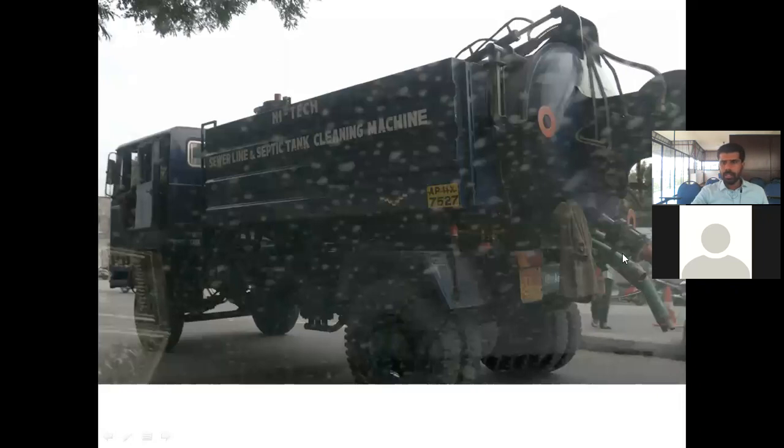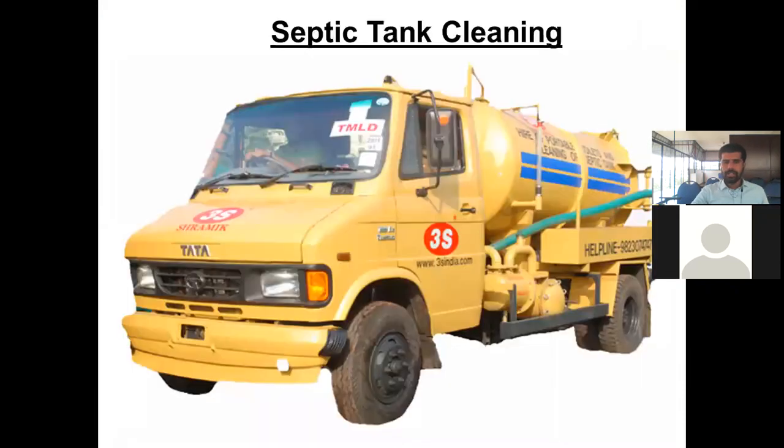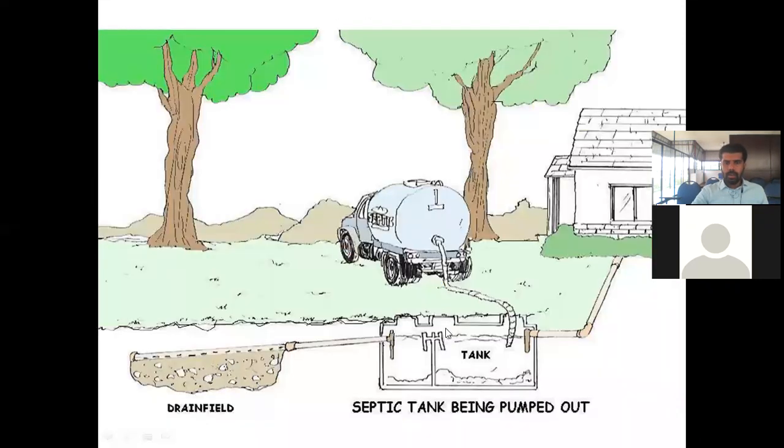These are the septic tanks that you may see. They will come and they will be desludging the tank. So these are the normal tanks here, and they will be coming and desludging the waste. Now this is the way of desludging. You can see this is just an animated view. The septic tank will be there, and a hose will be there. With the help of a pump it will be sucking in and it will be stored here, and they will be discharged into some other places.